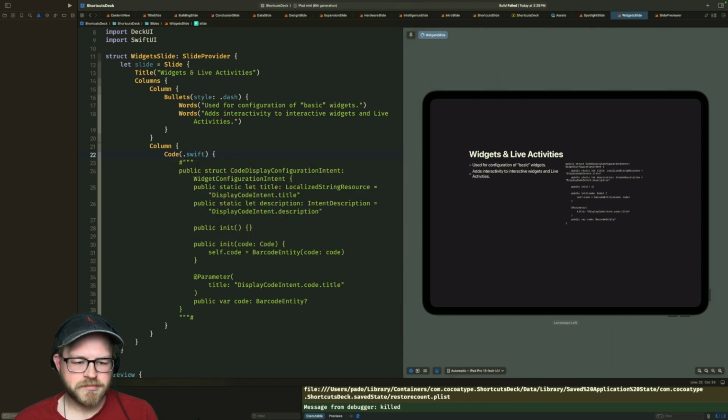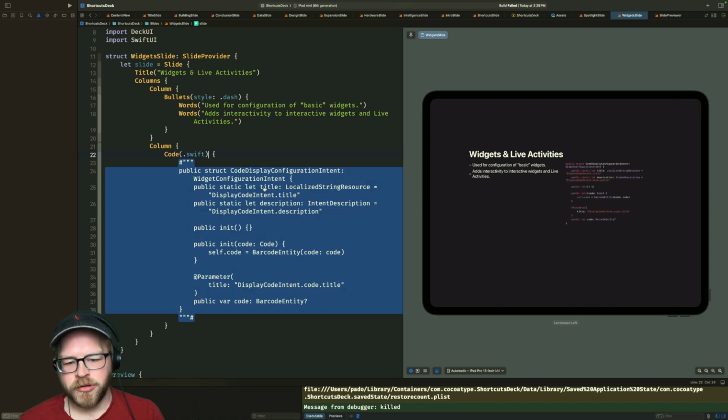Right. Okay. Ultimately the answer is that there's not that much interesting in here. You just need to have an init. You can have an init with a specific code because you want to be able to pass that in elsewhere. And you can pass in a code like that. I guess that is really ultimately the answer there. That's what a configuration intent looks like.